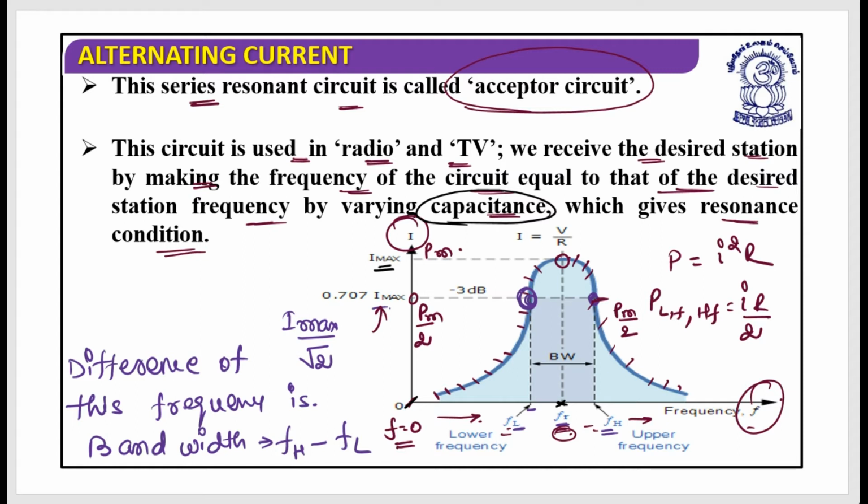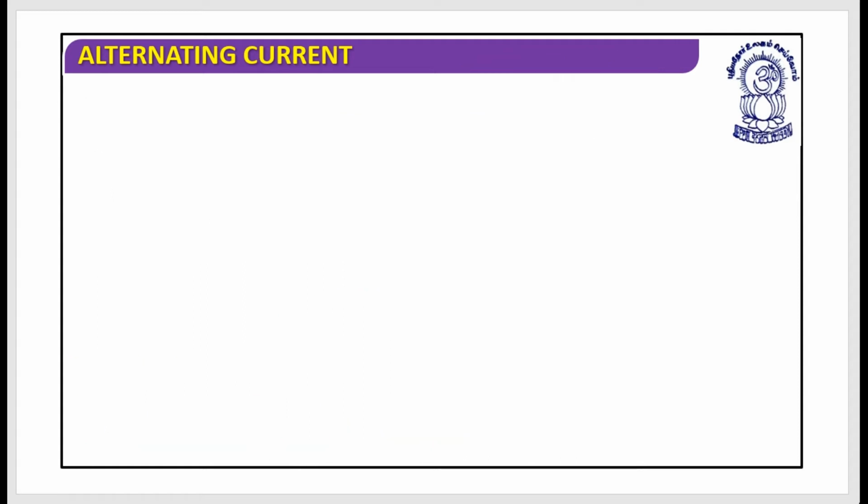Is it clear? So now do you understand what bandwidth is? Do you understand what resonance is? Do you understand how resonance can be developed and everything? Do you have any doubts up till now? No? Great. Now I would like to plot one more graph, that, let's suppose this was the situation,